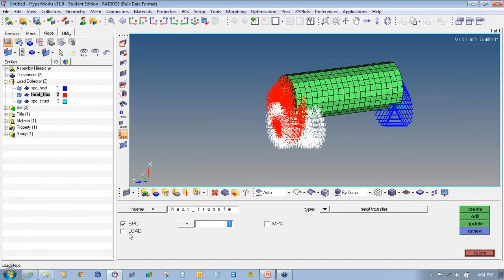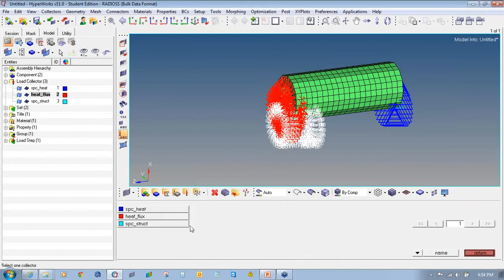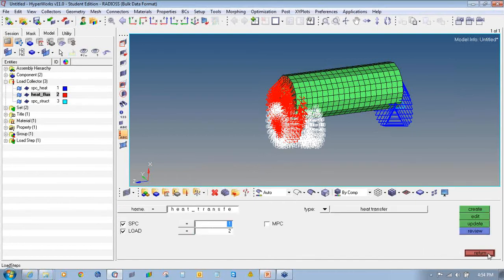Check the box in front of load and select heat flux and click on create. So my load step has been created.